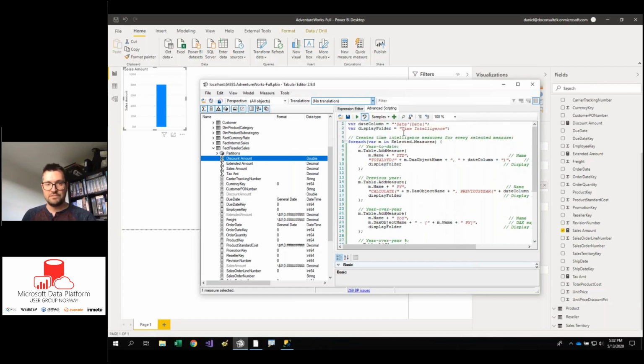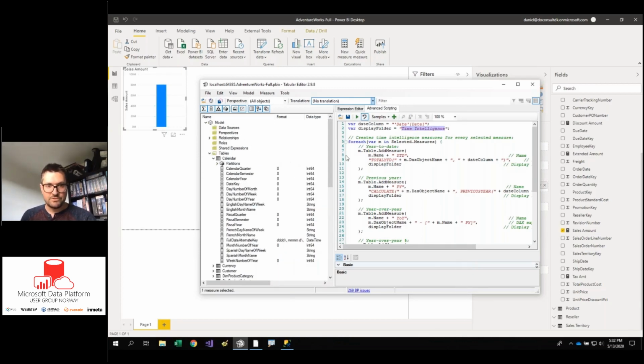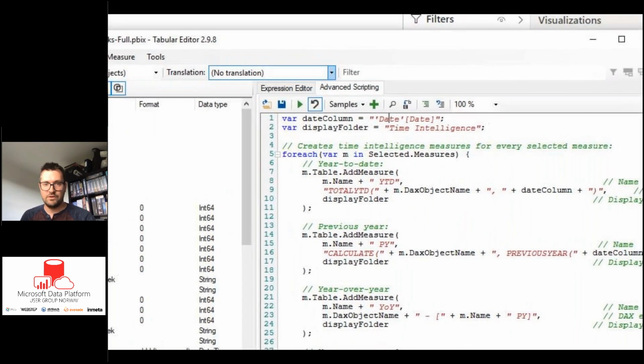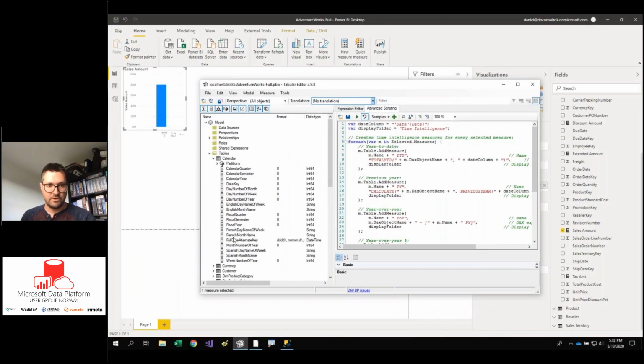And it's going to put all of these measures into a display folder called Time Intelligence. Now, before this works, there's just one thing we need to set up. We need to specify here what the date column of our model is called. And on this particular model, the date column is called full date alternate key. So I'm going to put that name in here because otherwise the DAX expression will not provide the